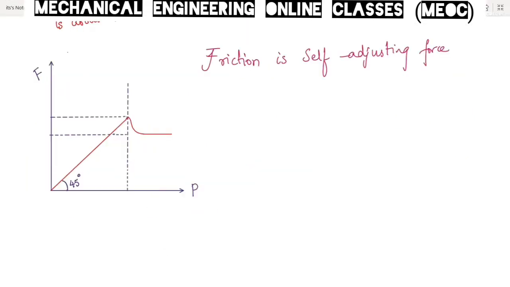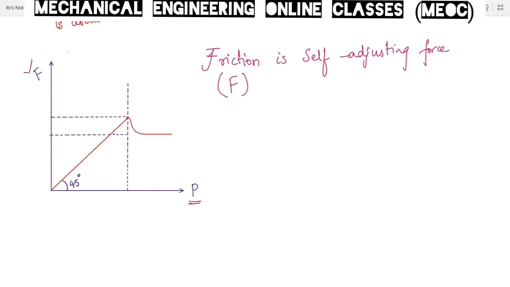From the video lecture on the mechanism of friction, we already know that friction is a self-adjusting force. Friction F is the resistance that is developed against motion, against the rubbing surfaces, and P is the external force. As the external force on the object increases, as P tries to move the object, between the surfaces that are in contact, which can be in relative motion, a resistance is developed against motion. That is friction F.